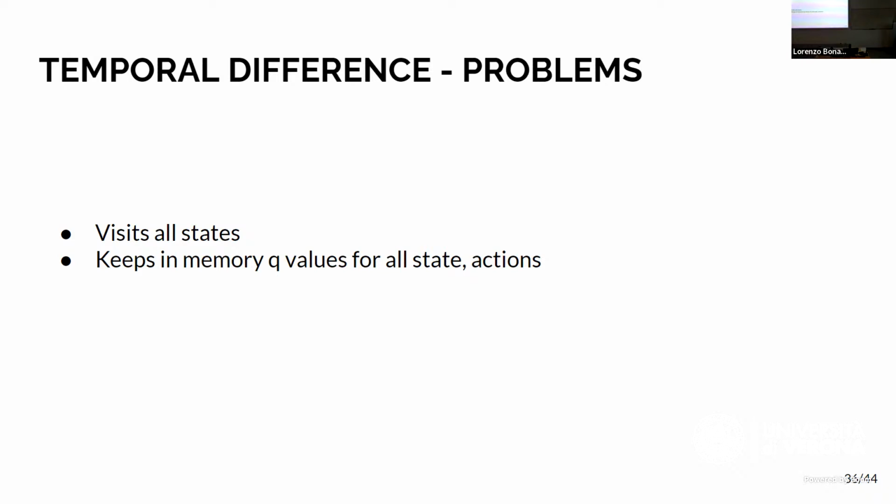Those two algorithms have a problem, which is that they need to visit all the state and action pairs to actually have a good estimate. And also they need to keep in memory all the Q values for all the states and actions. If you have a huge state space, for example, 1,000 states and 10 actions for each state, you have 10,000 possible entries in your table. And computing a good estimate for each of the 10,000 values might take a lot of time,